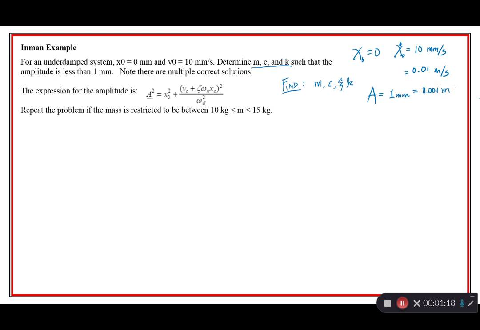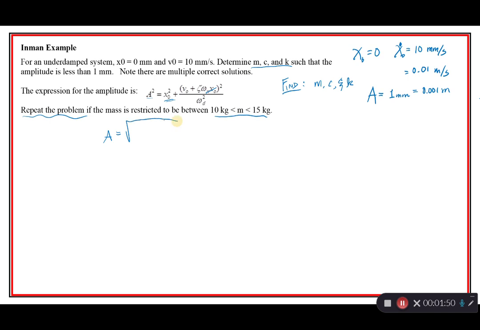Okay, so we have to pick some. In the second problem, it says repeat the problem for this range. I kind of decided that I was going to use 10 kilograms when it came to the time to pick a mass. But let's proceed right here. So the initial position is 0. So that goes away and that goes away. So A is really going to be a square, well, it's the